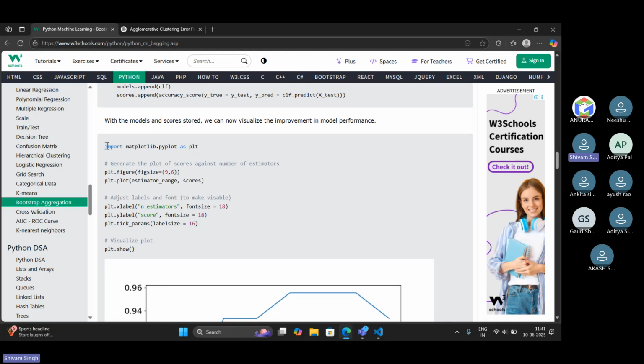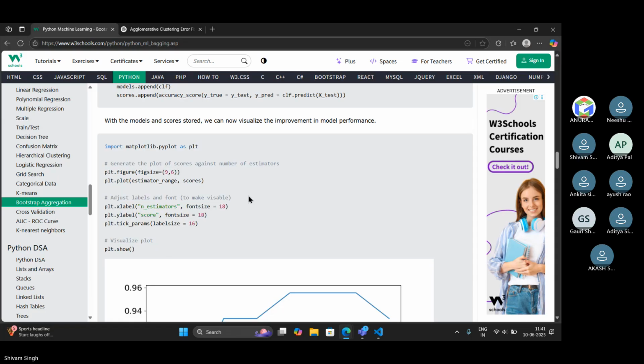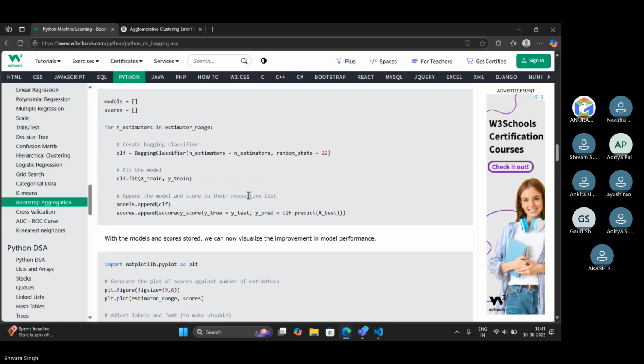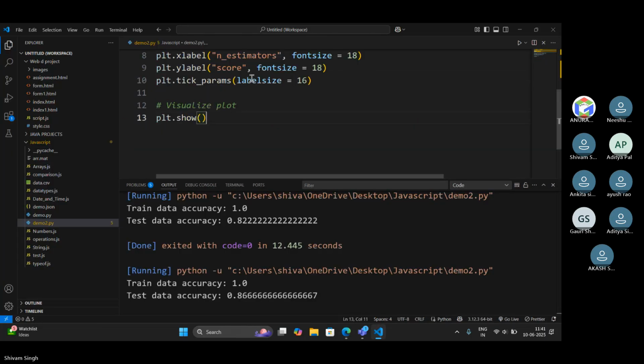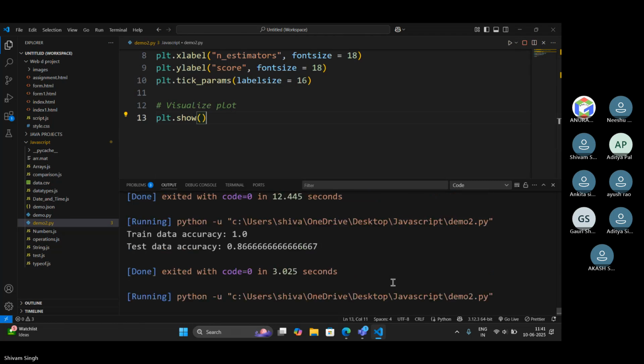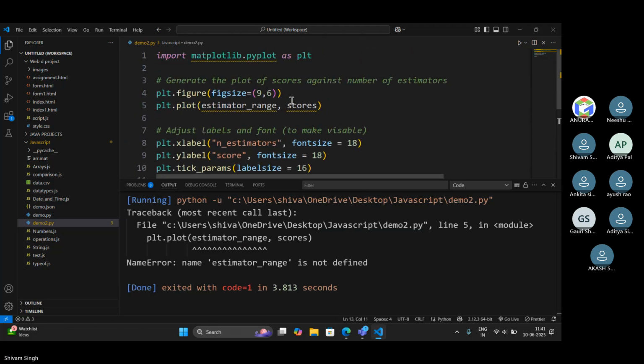So let's run it. Estimator range and scores.